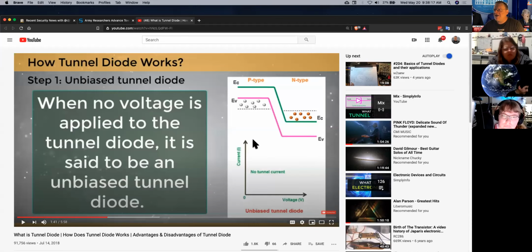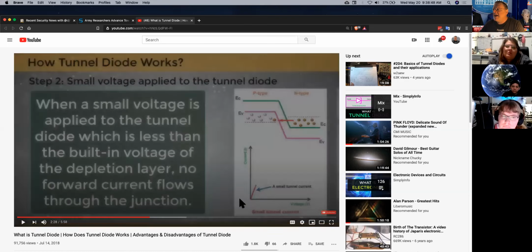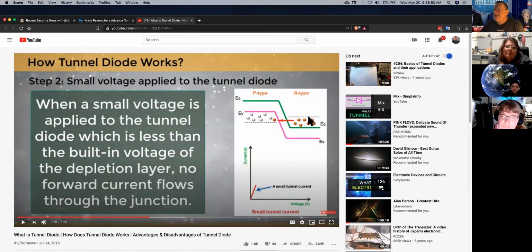When you have a diode, you have electrons on one side and holes on the other side, because these are semiconductors doped with different impurities. So you have effective positive charges here that are holes left over, and you can adjust the voltage, which moves this relative to that. If the holes are completely below the level of the electrons, then no current can flow, because there isn't enough voltage to lift this up to that level. But if you increase the voltage a little more and get it to where there is some overlap, then an electron from this side could move over here and exist there, but it can't get there because